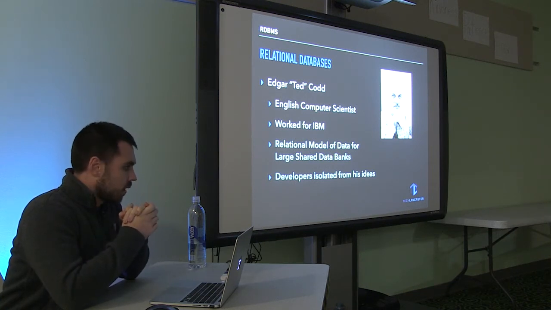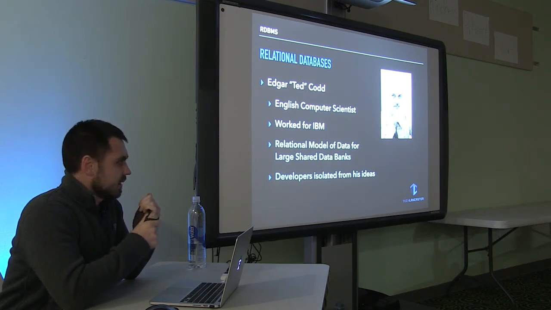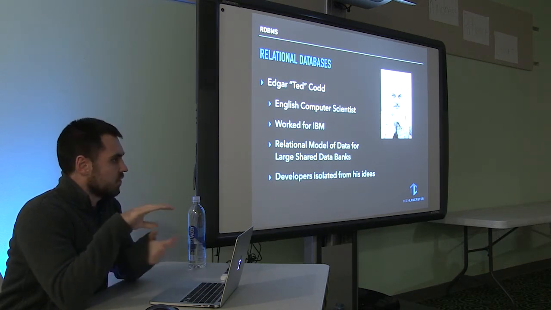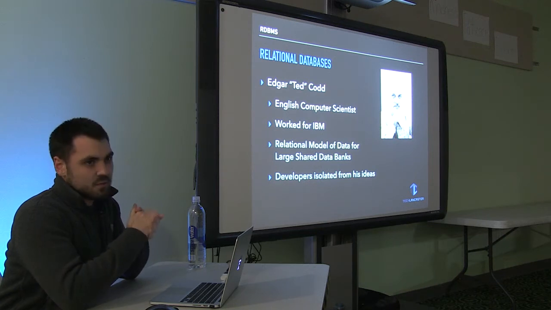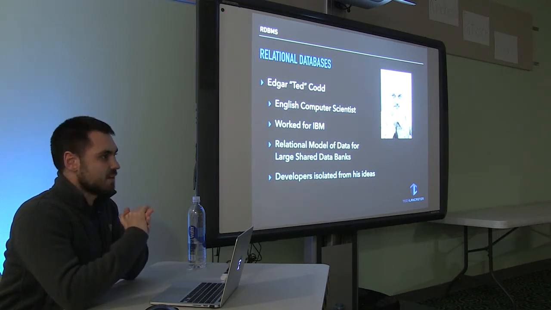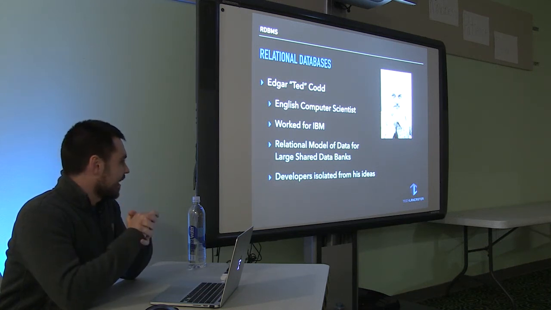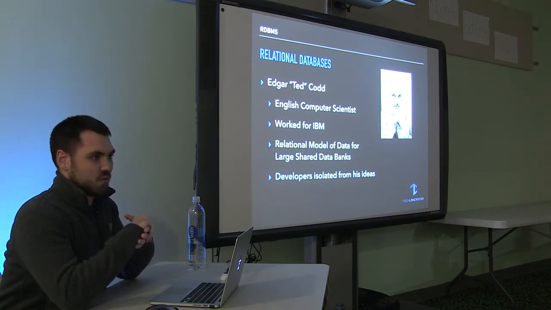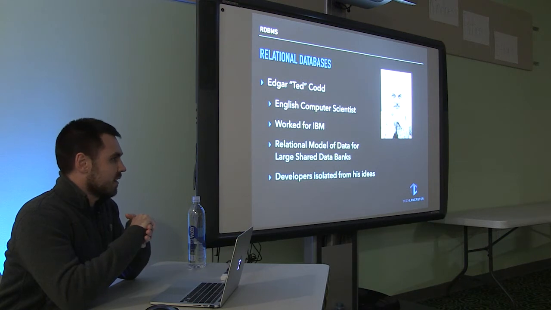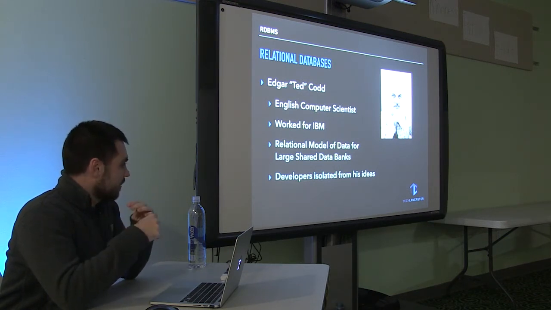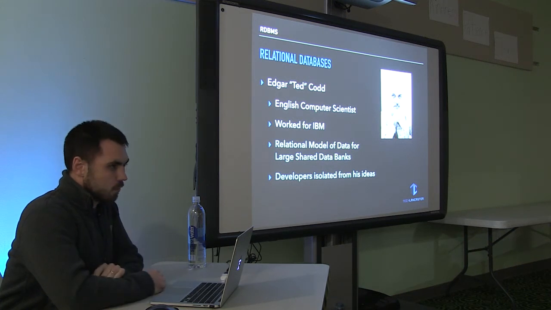He worked at IBM for a while, and he actually kind of made IBM mad, because at the time, they were trying to push a different product that wasn't his model, and he was going to customers and telling them that his model is way better. So IBM started developing new databases, and they were kind of isolating all of their developers from him so that his radical ideas wouldn't make it into their product. But eventually his product won out. He left IBM, started his own company, and I think Oracle bought it in the end.